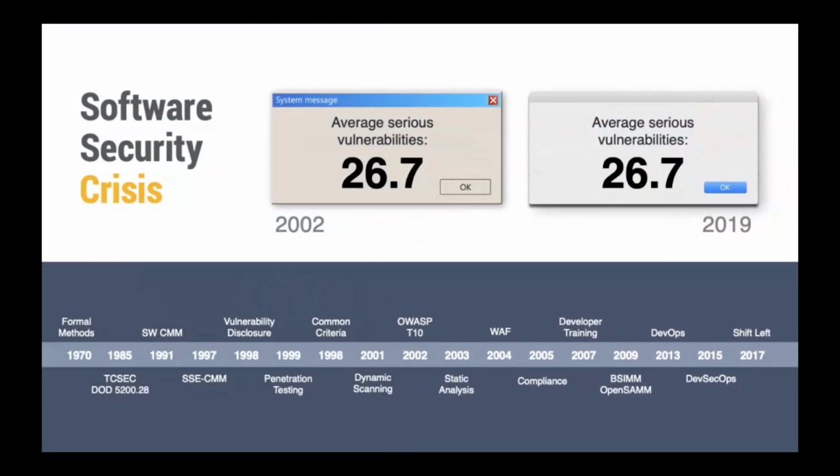So application security is a huge problem. On average, applications have 26.7 vulnerabilities per app. That is a crazy number. Imagine if that was airplanes. And even worse, that number hasn't changed since 2002. And even worse than that, it's the exact same vulnerabilities. How embarrassing. Look, it's not like we haven't been trying. After decades of standards and models and movements and websites and OWASP and so on, many of which I helped with, we've made basically zero progress. Why? Well,